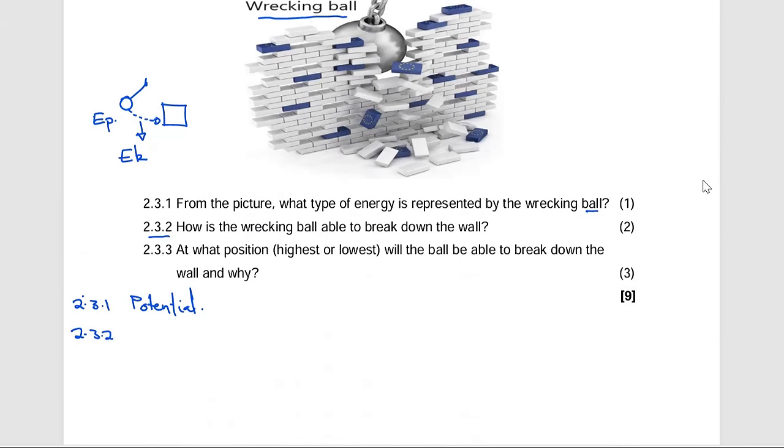So if we were to go for this position there, right? So it has got potential energy. Once it starts to swing towards the wall, once it starts to move there, now that's where you're going to have what? Our kinetic energy. And that kinetic energy is going to be used to bump into the wall and then wreck it down, right? So I'm going to say